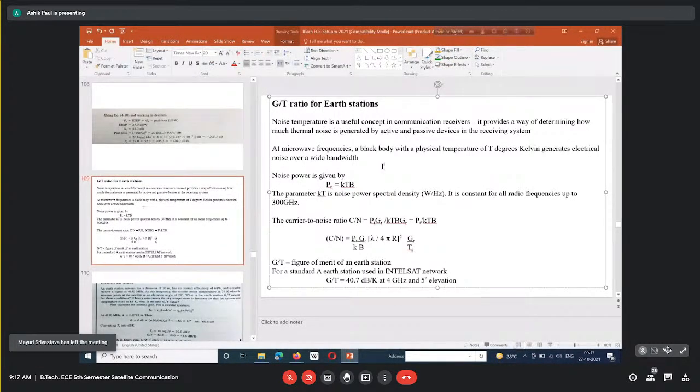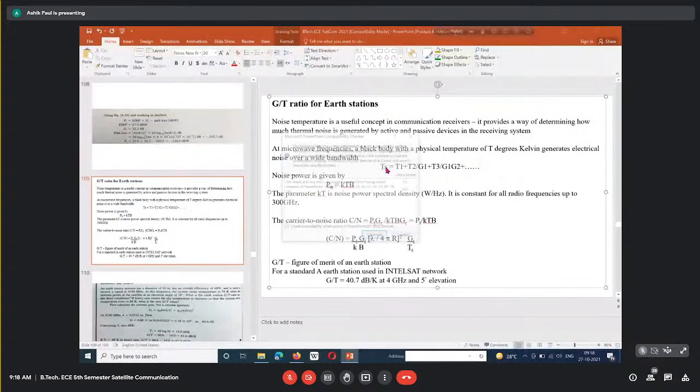So if I say Ts is the system noise temperature, that will be T1, that means the noise temperature from the first stage, plus the noise temperature from the second stage divided by the gain of the first stage, then the noise temperature from the third stage divided by the product of the gains of the first two stages, and that continues. So what we can understand from this is that